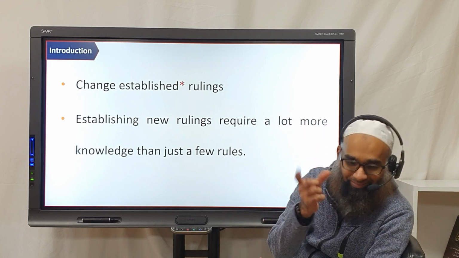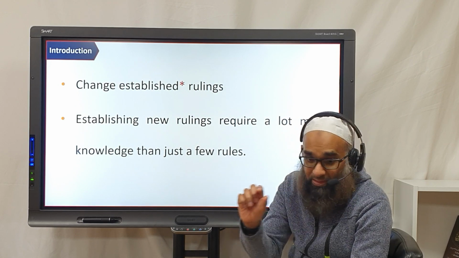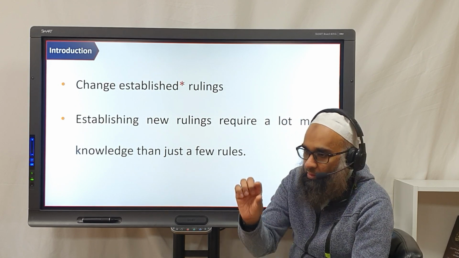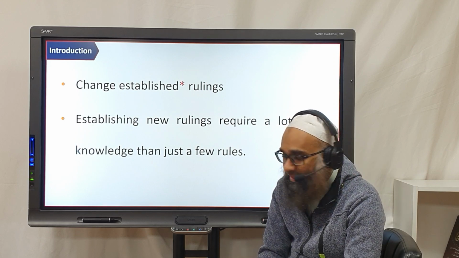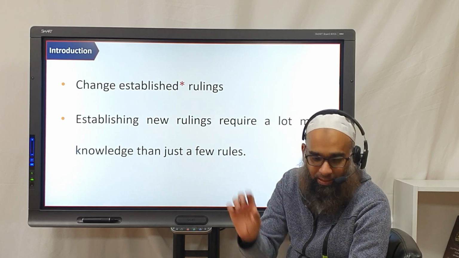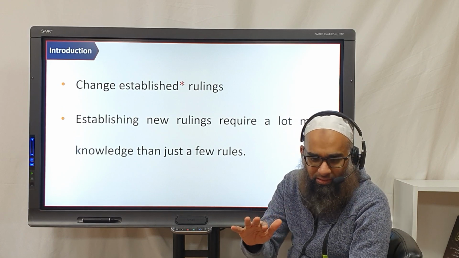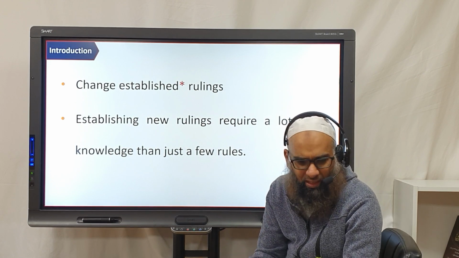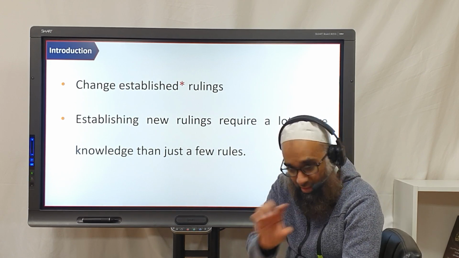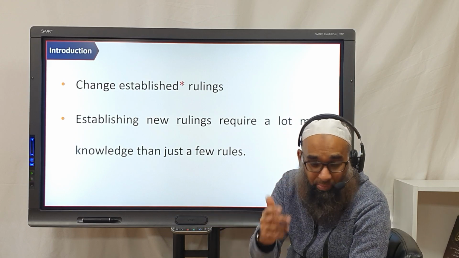So there are two things. One is qawa'id, the rules, which apply in many places. The other is a masala, a one-off masala. For example, when najasa leaves, kullu ma kharaja min sabilain, it breaks wudu. That's a masala. And then a qaida is, for example, that in normal things the general rule is that it's halal, like any fruit you find is halal. That's the general rule, called a qaida. So one is a qaida, or an asl, and one is a masala.